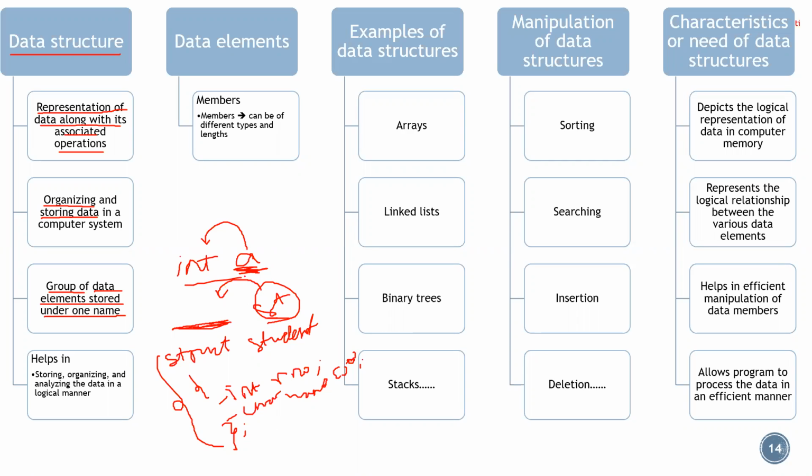Now here, how we have declared a variable of type integer, right? We can declare a variable of type struct student, so that whatever you are declaring, we'll be having struct student. See, I'll write it as st. So this st is a variable which can hold information which is of the type struct student.